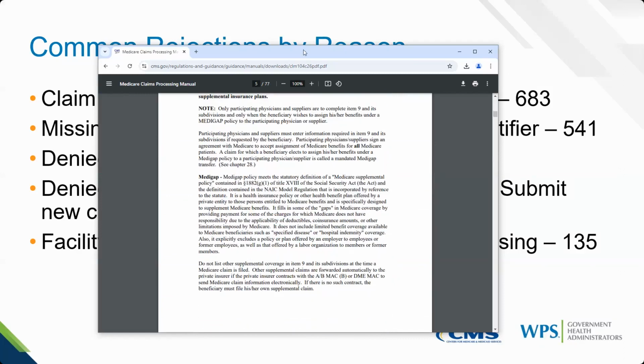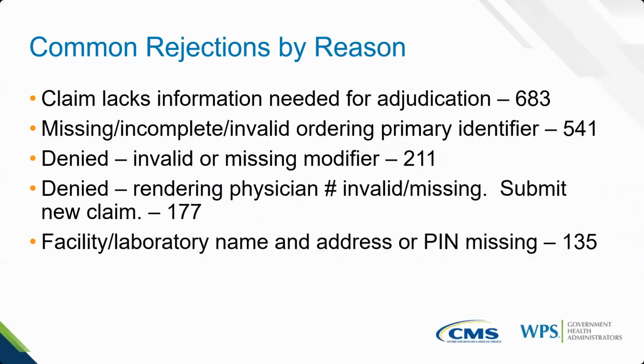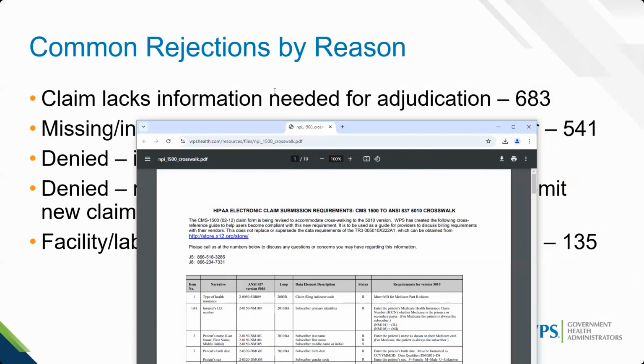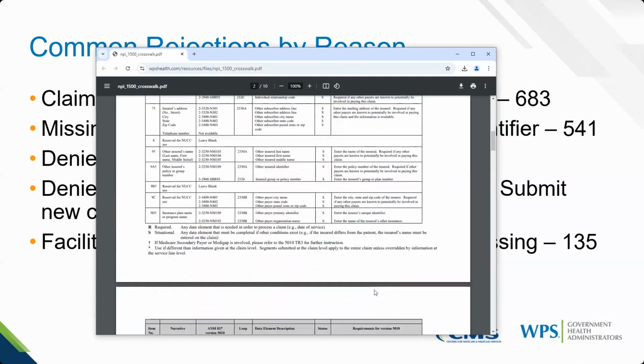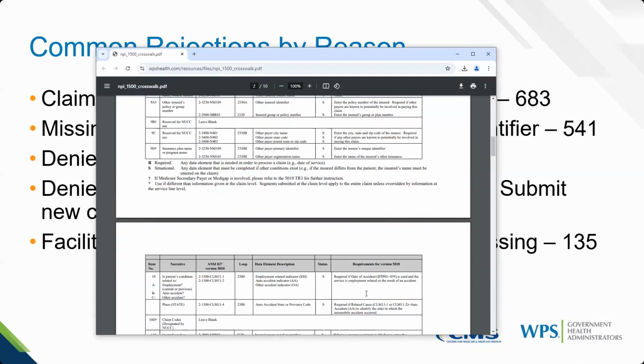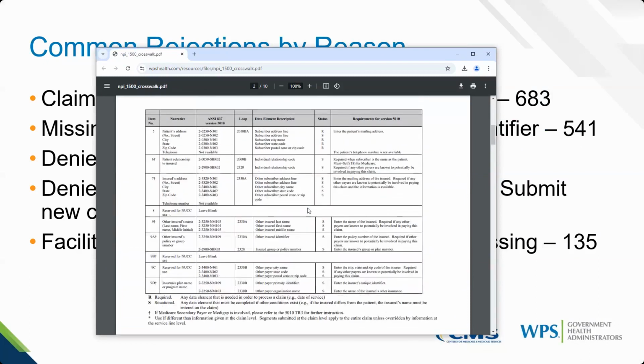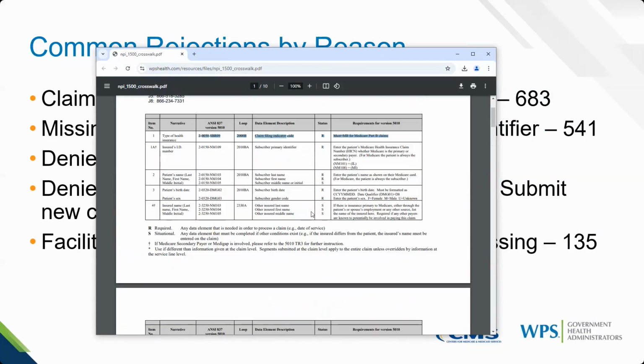Now, probably some of you are saying, but I don't submit claims on paper. Well, our EDI staff, as I mentioned to you, has published a crosswalk that will take you from the paper: if it goes in item 1 on the paper claim form, where does it go on the electronic claim form, and what information do you need to put on that electronic claim form? So this crosswalks from a paper claim to an electronic claim. Very, very helpful. I've showed this tool to a lot of providers that didn't know it existed.